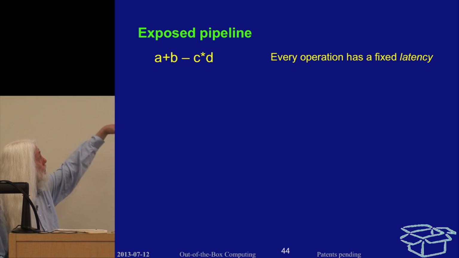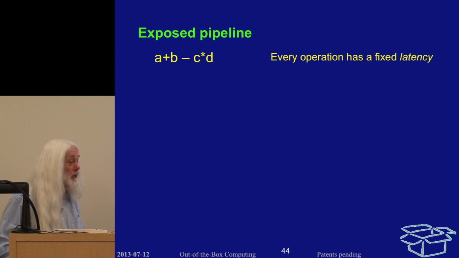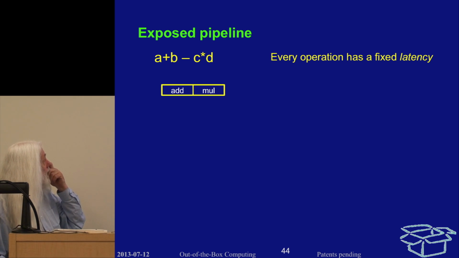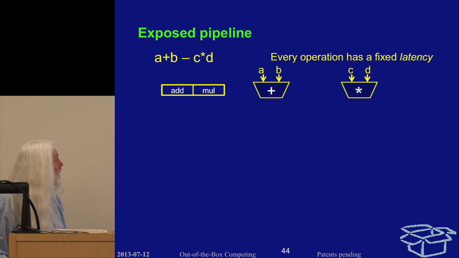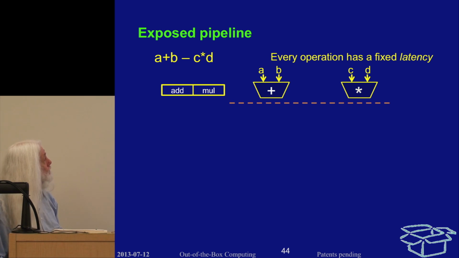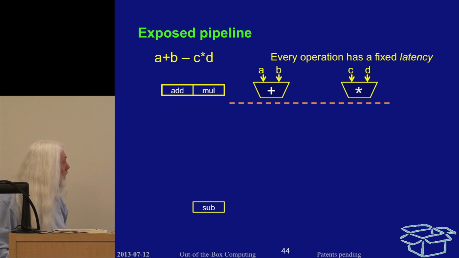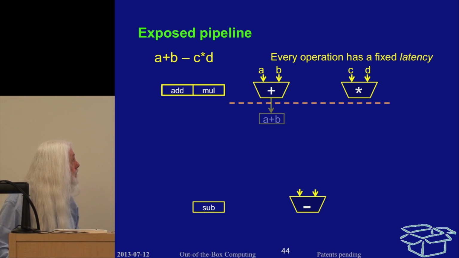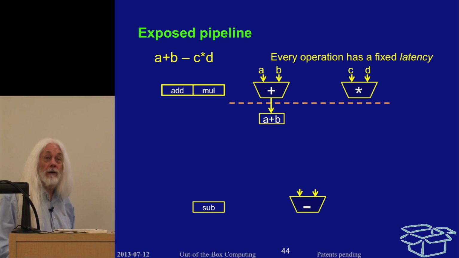So let's say that this is our original code, A plus B minus C times D. Well, obviously, our first instruction is going to have the add and the multiply, because they can be done in parallel. We can't do the subtract until later. And those will go to 2 functional units, an adder and a multiplier. And a cycle later, we're going to need to be able to make use of the results of these, so we're going to have an instruction which is the subtract instruction, and it's going to need a subtract functional unit. And there's the result of our add, and it's ready now, but